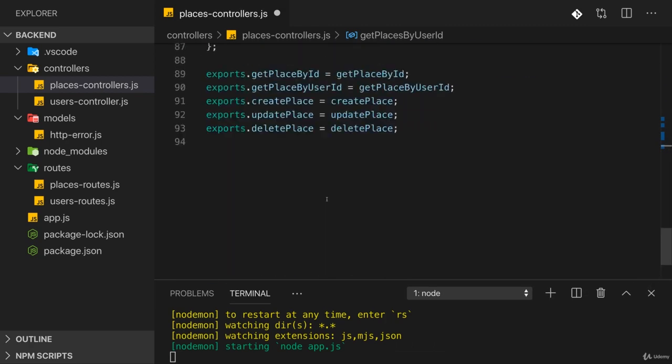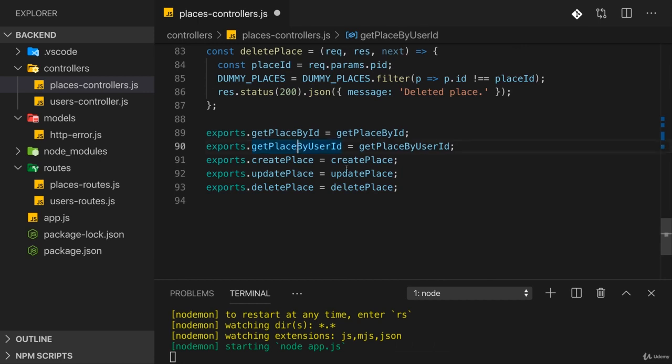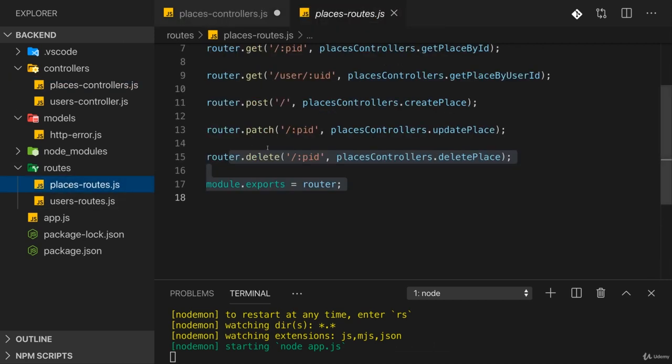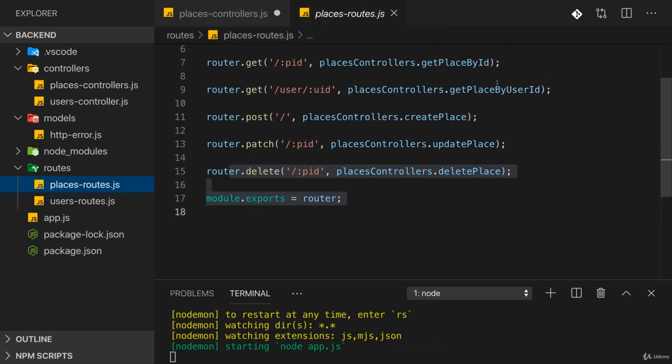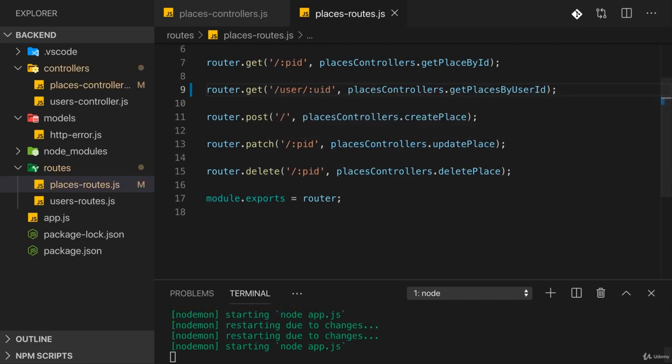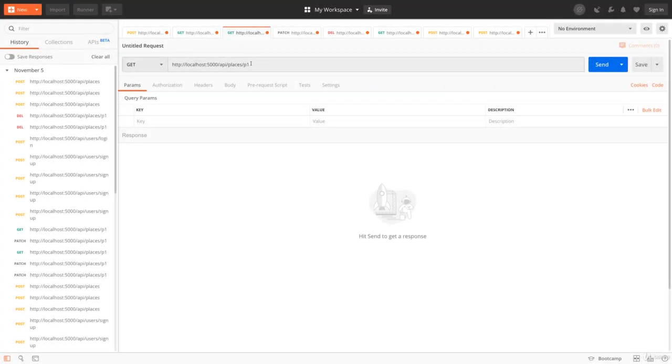Now we need to adjust it down there on the exports as well. This should be getPlaces by user ID on both sides. And in the routes, in the places routes, of course, here I also want to point at getPlaces by user ID. With that, if we save that, and we go back to Postman